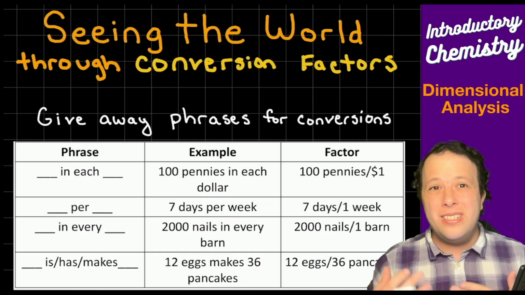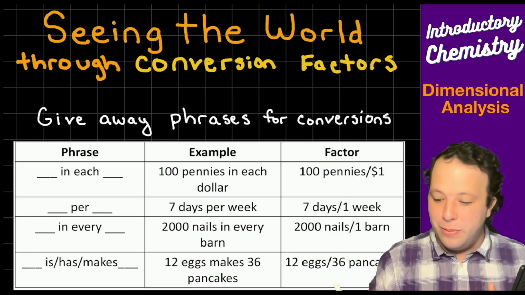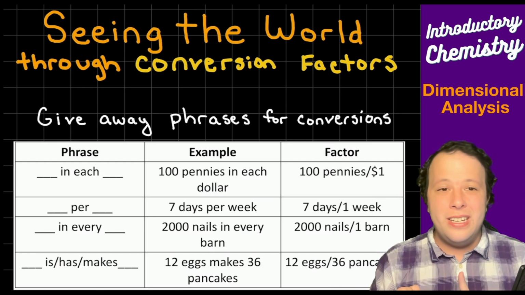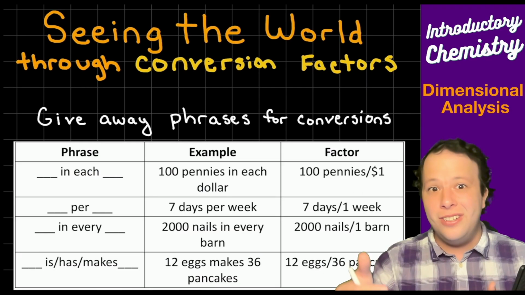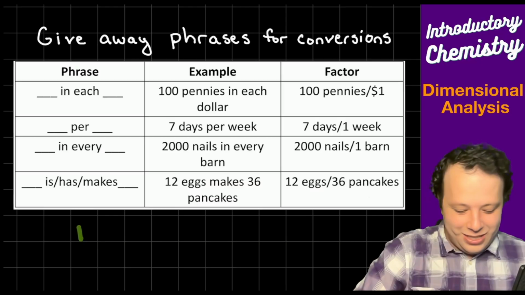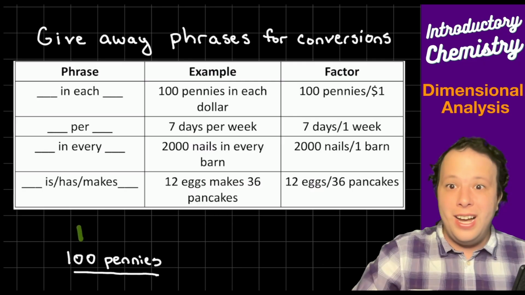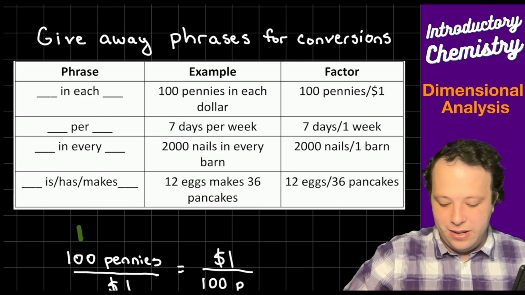Okay, so when we want to see the world through conversion factors, there are giveaway phrases in a lot of these problems. So think of some things you come across in your everyday life. If I ask you for $1 and I ask you to make change, well, one thing that you could do is, oh, right, there's 100 pennies in each dollar. Well, knowing that, that is a conversion term that we can write for ourselves. So if you have 100 pennies in a dollar, we can define that conversion term, right? And you can either write that on top or bottom, depending on how you need to do that.